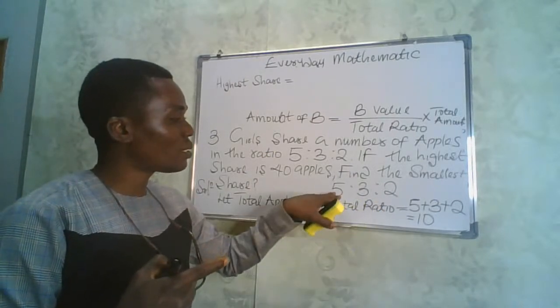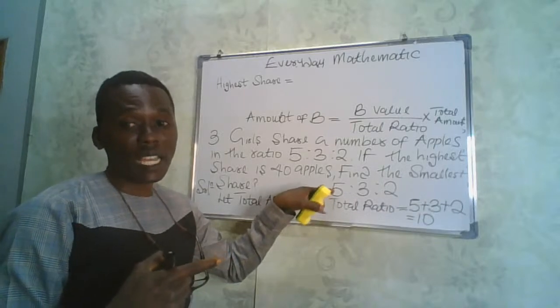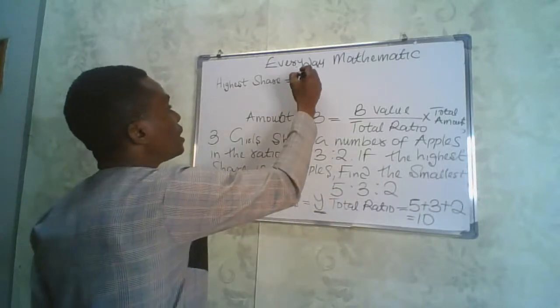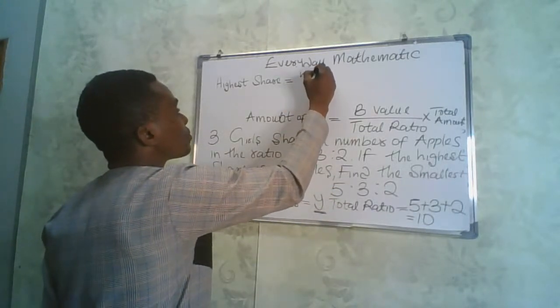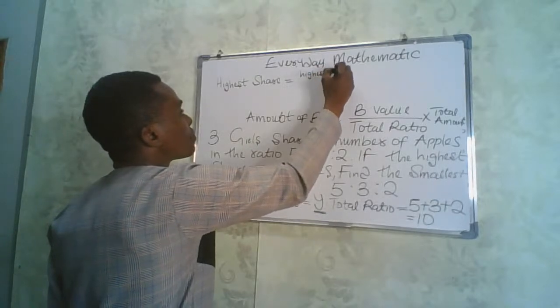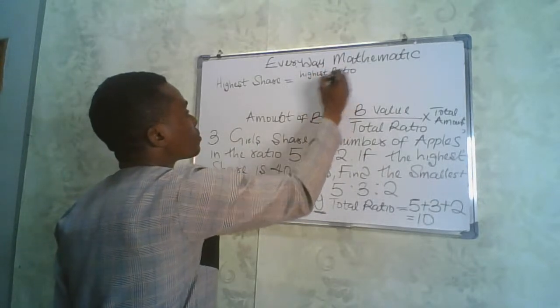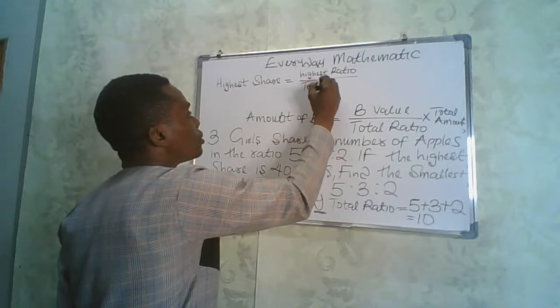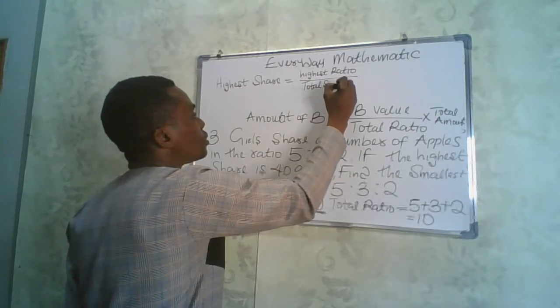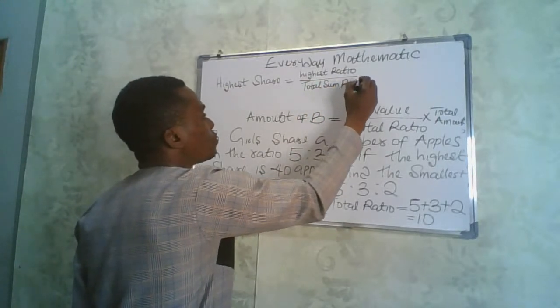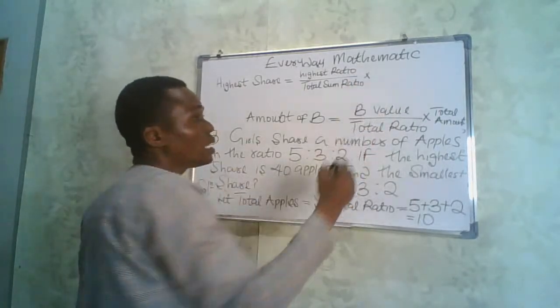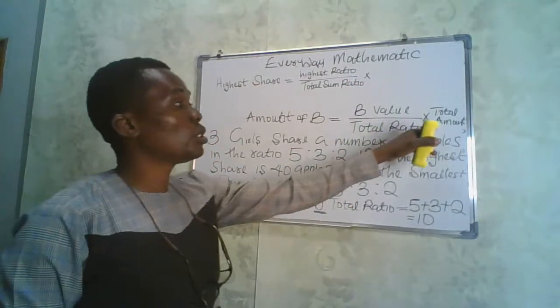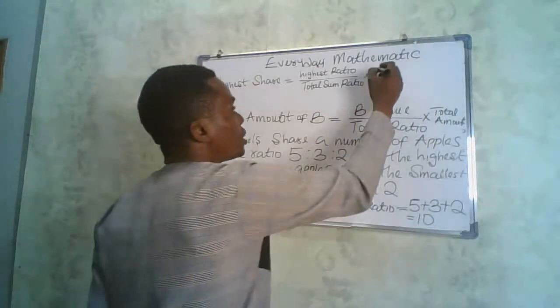And which is the highest ratio? That's 5. The highest ratio divided by the total ratio sum, multiplied by the total amount of apple,